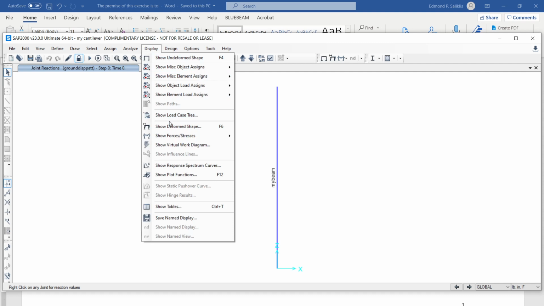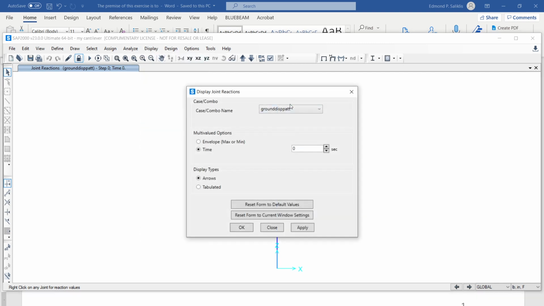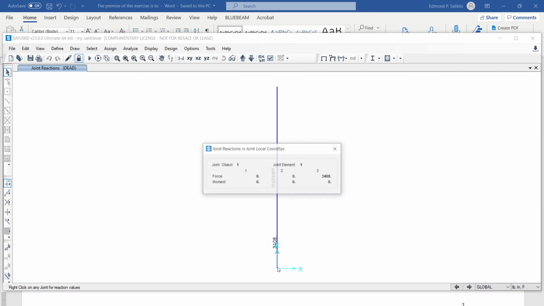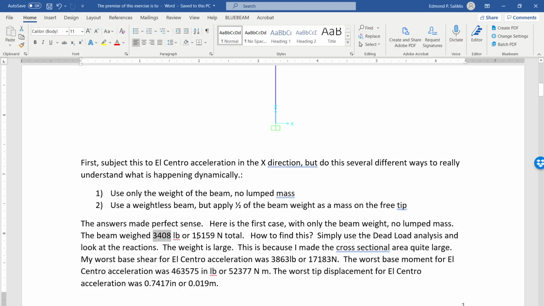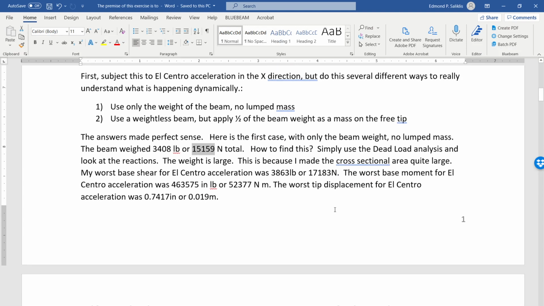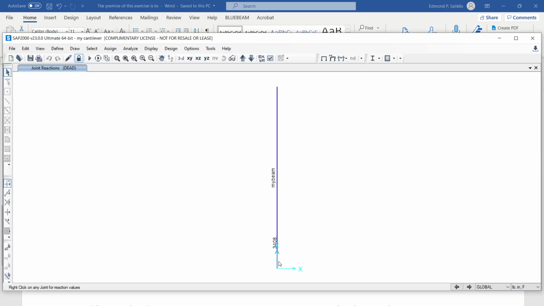So I could just display, so show forces on the joint, and I'm going to do it for dead. And there it is, and you could right click on it, and all I have is an axial load, X, Y, Z, or Z, 1, 2, 3, and it's 3,400 pounds. Which is 15,000 newtons, okay? So now I put the El Centro acceleration in there. And what am I looking for? I am looking for the base shear